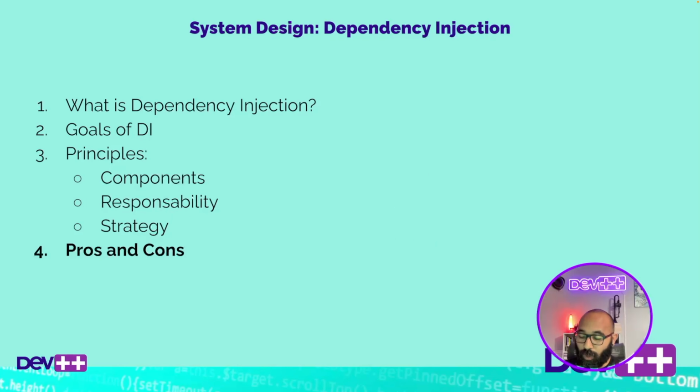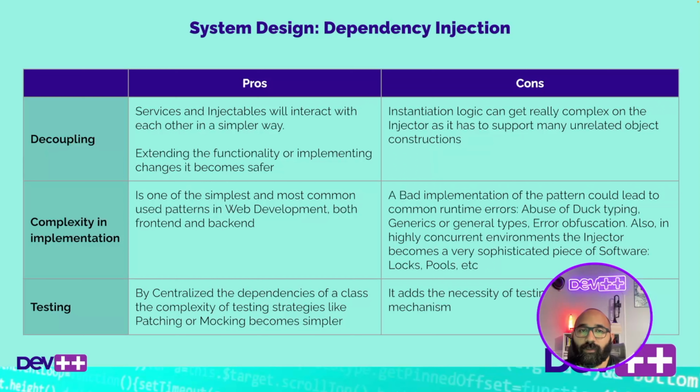Okay, pros and cons, right? Just summarizing the benefits and the disadvantages of using dependency injection, right? First of all, let's talk about decoupling, right? By decoupling, your application, services and injectables communicate with each other in a simpler way, right? When you're going to create a business logic method, you assume that all your dependencies, injectables, are there already. So you don't have to bother with complex instantiation, right? By doing that, extending or changing methods becomes simpler, right? It becomes less cumbersome just because you don't really rely on instantiation and importing stuff and going here and there,